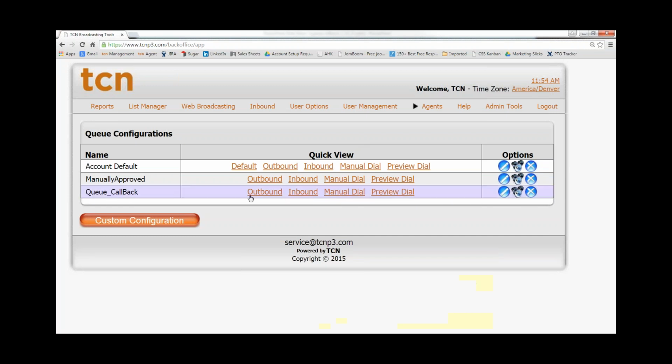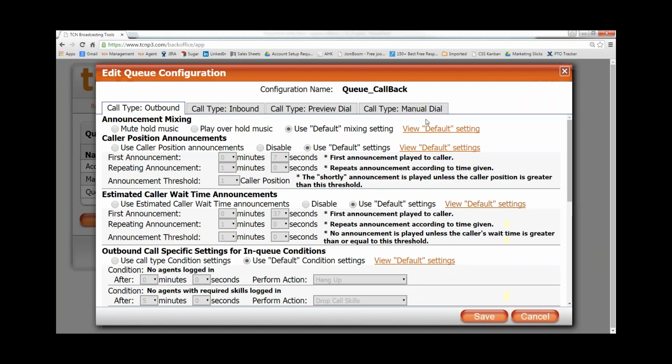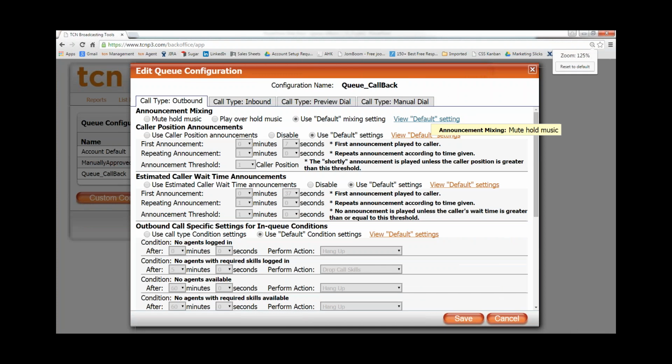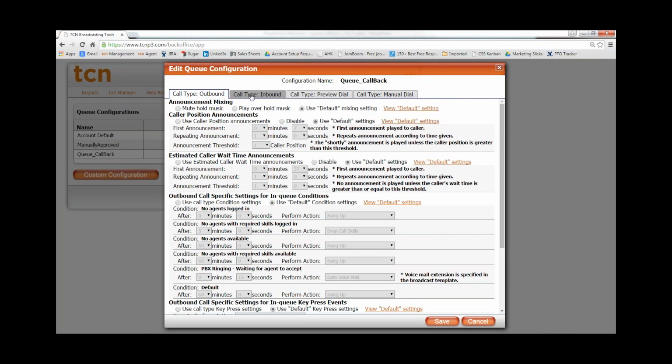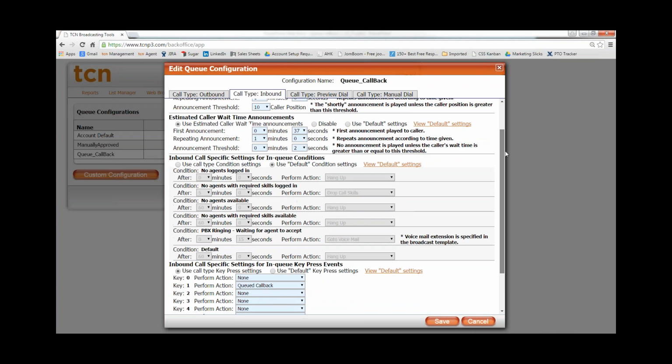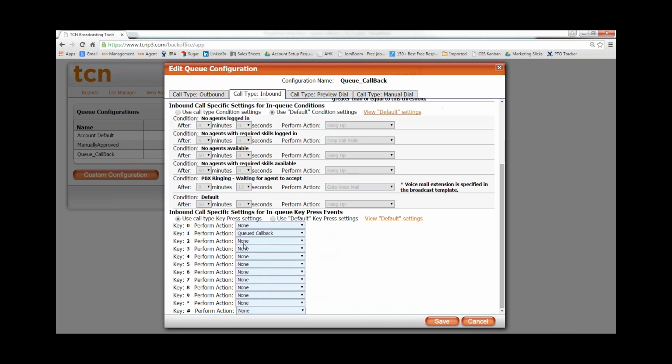So if you create this queue on your account, edit button, it'll bring you into a bunch of settings. Let me zoom out a little bit here. There's a tab up here, call type inbound. So we're going to be modifying the inbound queue. What I'm going to do is scroll down towards the bottom, and you have these in-queue key press